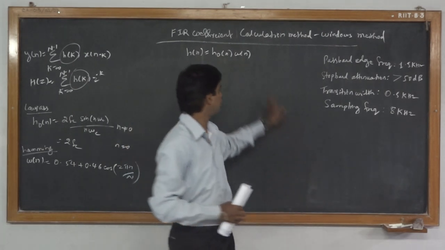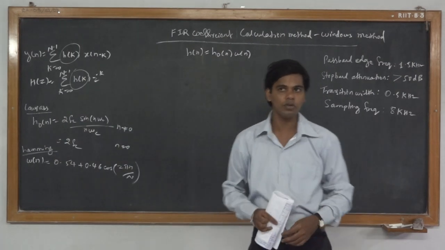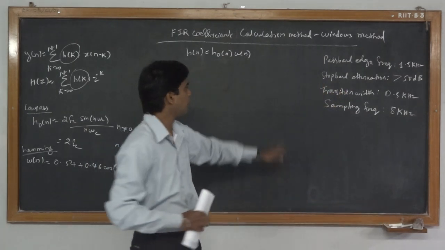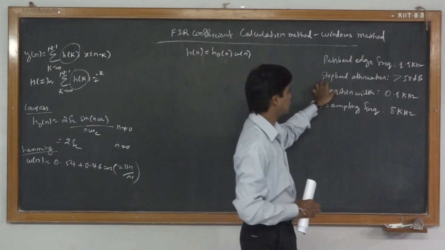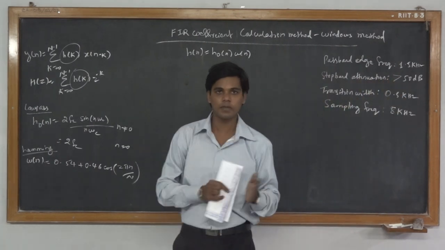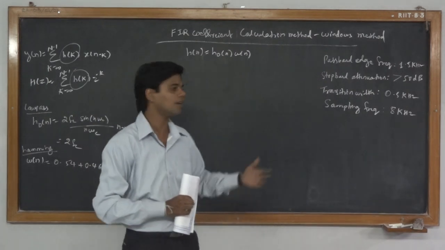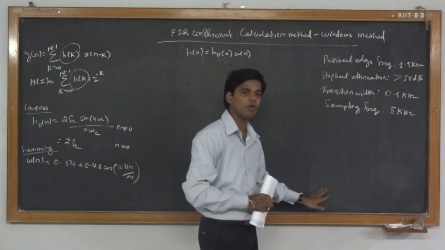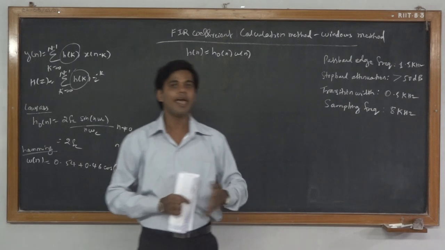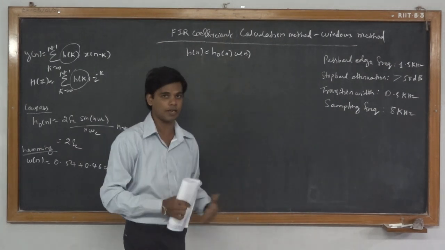Now when it comes to window functions, there are different window functions available, like the rectangular window, the Hamming window, and the Kaiser window. It depends upon the value of stop band attenuation that is given. Suppose it is given as greater than 21 dB, then we go for the rectangular window. If it is between 21 and 43, then we go for a Hamming window, and it goes on. If it is greater than 53, then we go mostly for a Hamming window or a Kaiser window, because those are the most efficient methods which help in finding these values more efficiently.